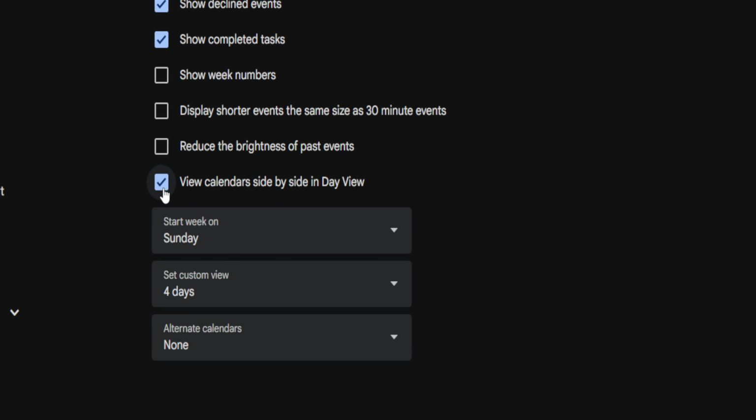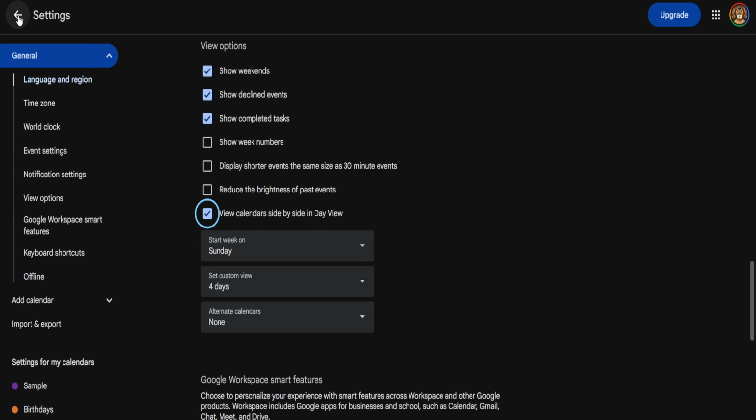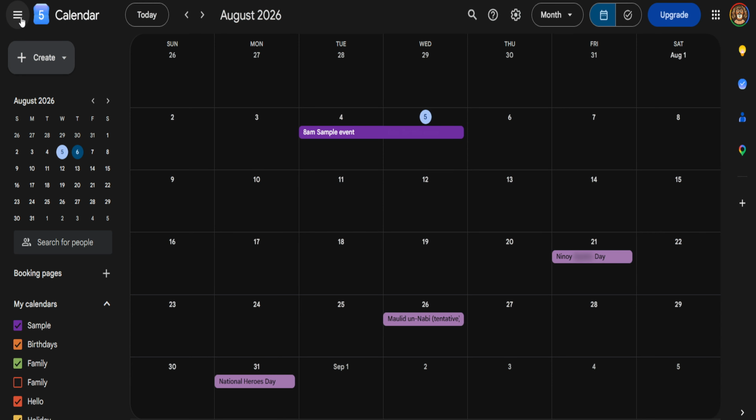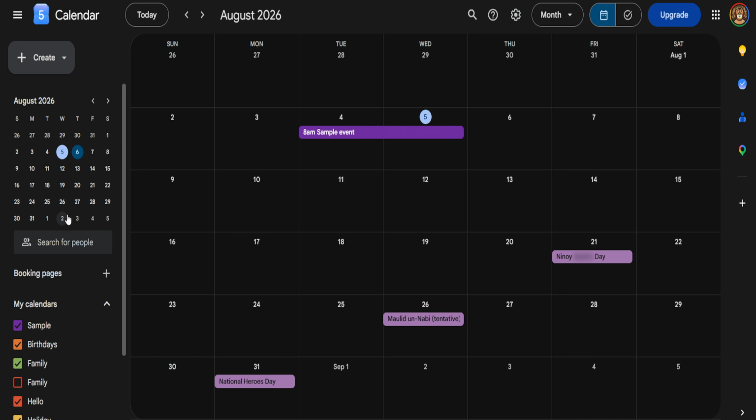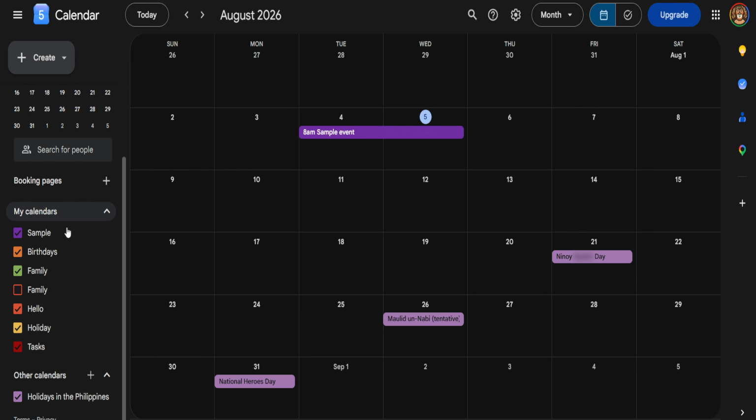Once the setting is checked, you can return to your calendar and use Day View to see the difference. If you have multiple calendars selected, Google Calendar will display them in separate columns next to each other, making it much easier to compare schedules at a glance. This can be especially helpful when you're coordinating meetings, checking availability across calendars, or trying to avoid overlap between personal